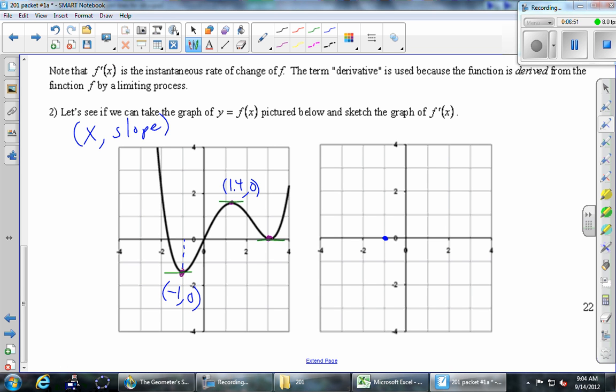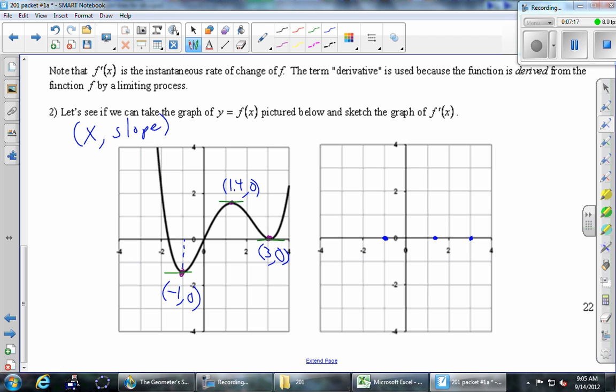Okay, thanks. So we go to 1.4 and 0, somewhere around there. And then finally, what's the x at this point? 3. What's the slope of the tangent line? 0. That point is a little bit random. Oh wait, did I do a scale thing here? What's going on? 3. Oh yeah, 3, right there. 3, comma 0. So we can grab the zeros pretty easily because they have the flat tangent lines.